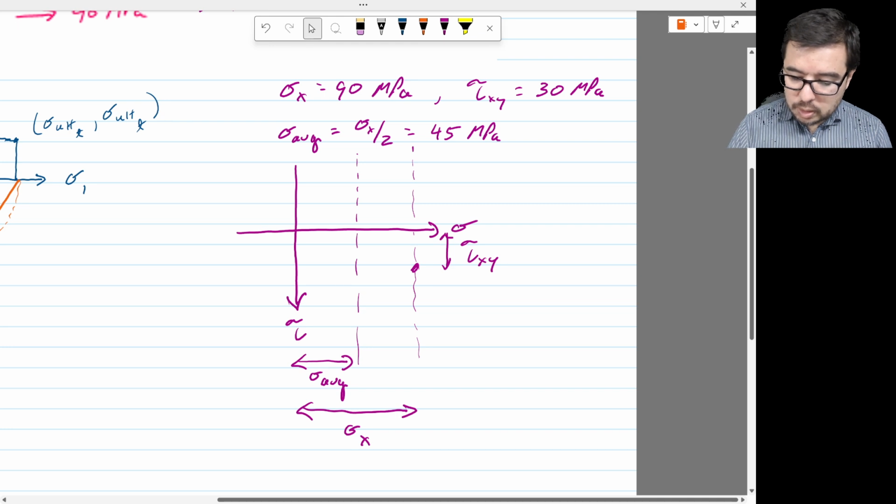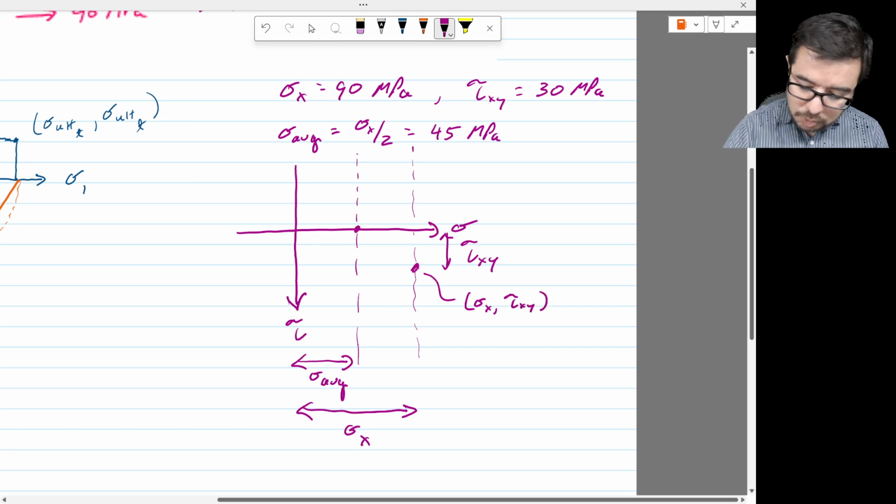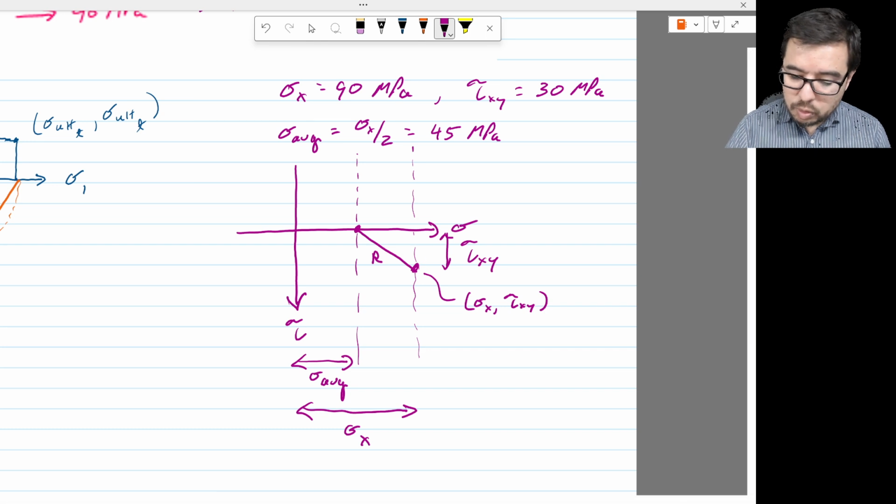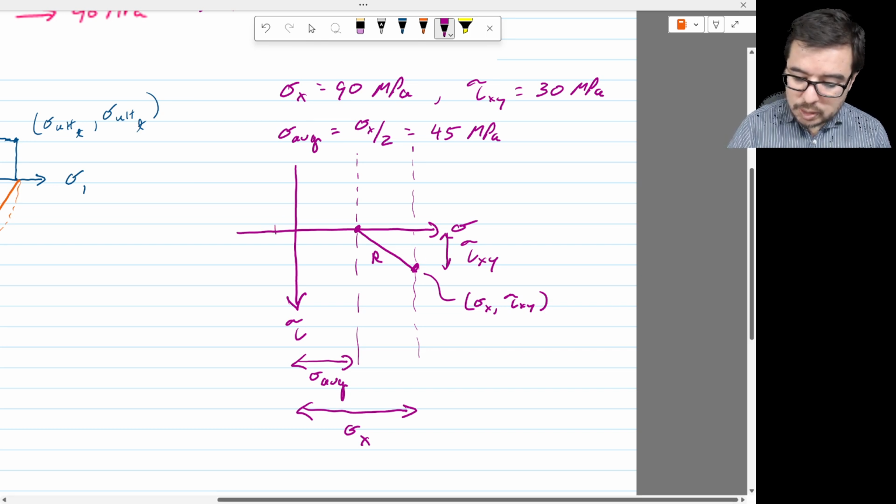So this point right here, that is sigma x, tau xy. This point is sigma average, comma 0, and this line that we draw, that is the radius. Okay? So we see that Mohr's circle is going to take us a little bit past here, and it's going to take us a little bit over here, and so we'll try to nicely draw